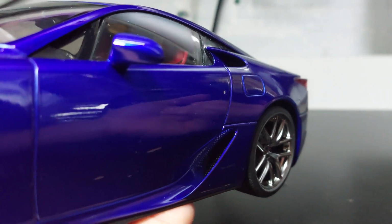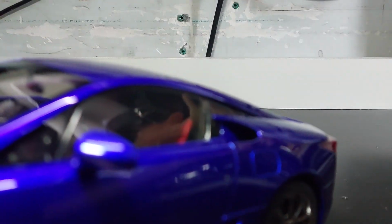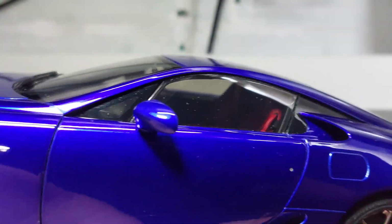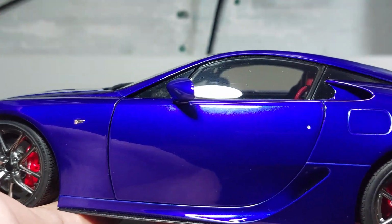I'm not sure actually. Probably for the aerodynamics. And on top of here, we also got another fence right here. Probably, and yet again, for aerodynamics or whatever. Should be for the aerodynamics. So this is the door itself, and let's just take a look at the inside of the interior as well,